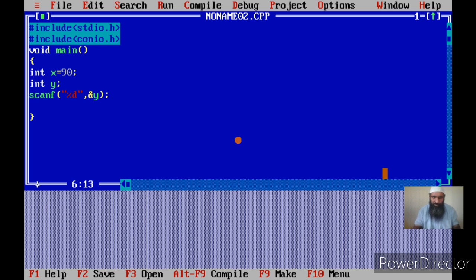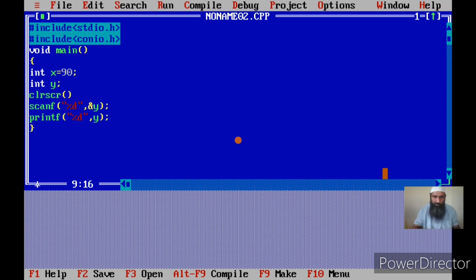Now I will also use clrscr here, to clear the screen. Now then I can show you how to display it. Printf. Now again format specifier, that is %d, and the name of variable only. Of course, first we write the comma, then we write the name of a variable.